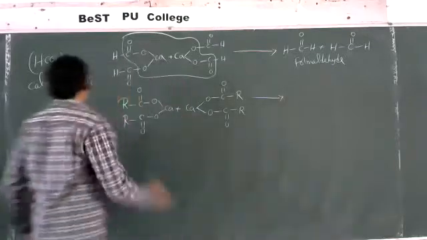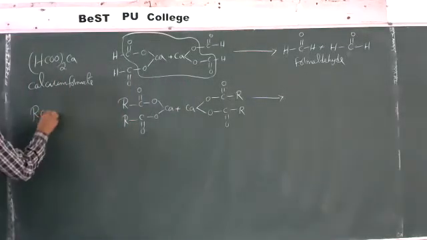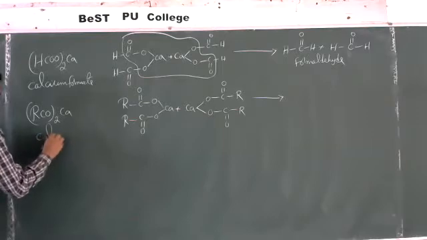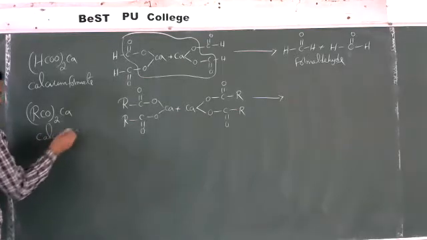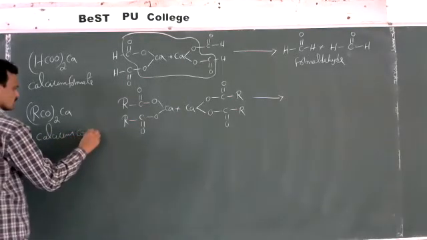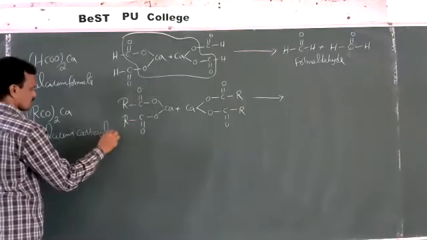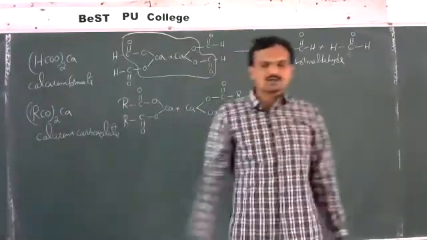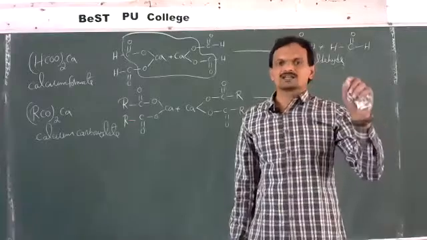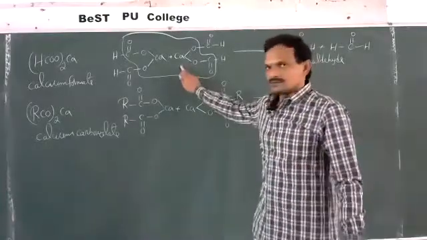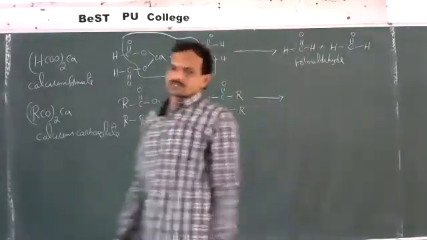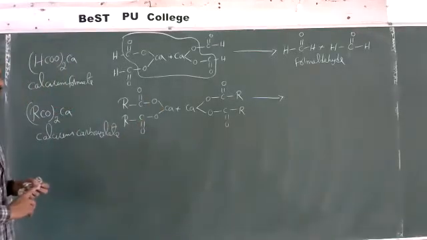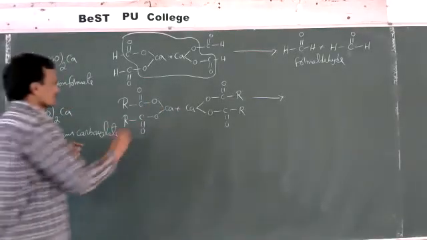Now, this is nothing but just will represent like this: (RCOO)2Ca, nothing but calcium carboxylate. Any calcium salt of any carboxylic acid other than formic acid is nothing but calcium carboxylate. And this calcium carboxylate on dry distillation, see here also,